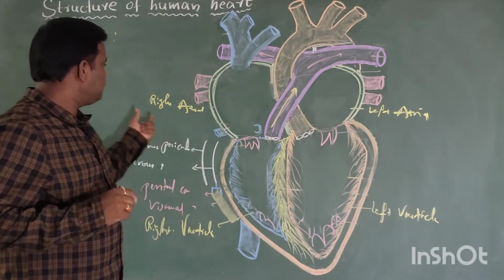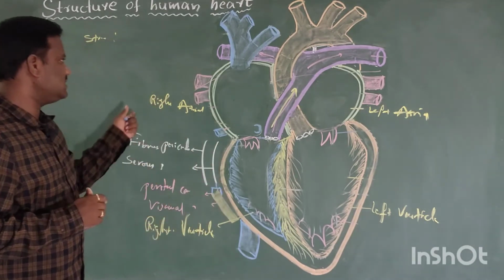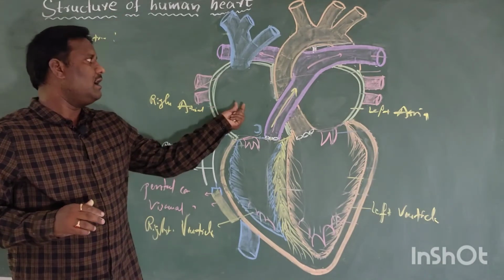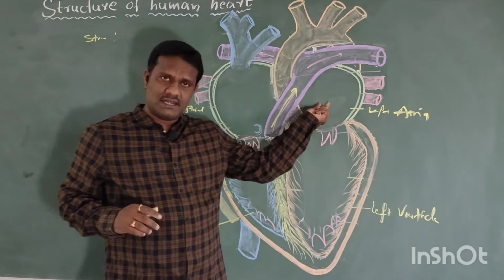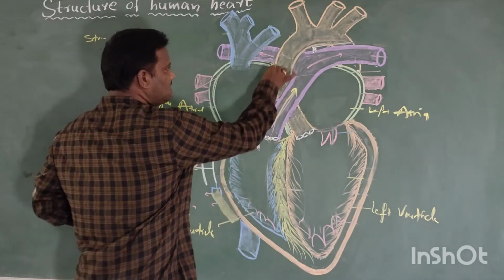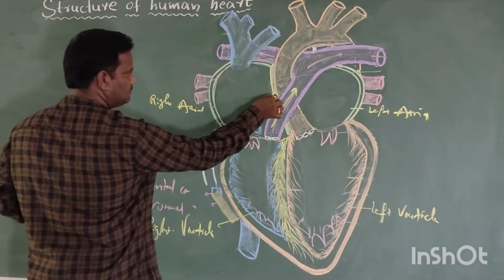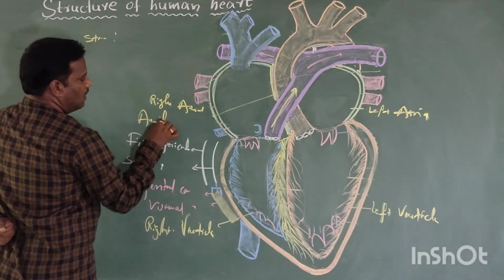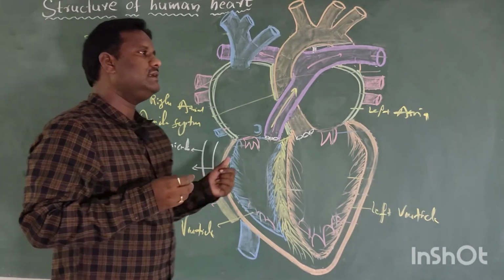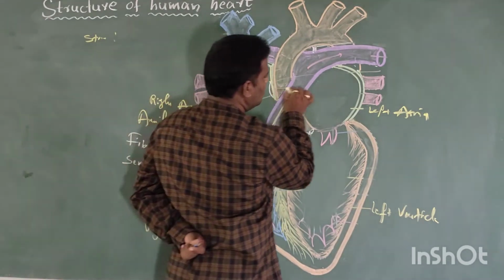First of all, we continue with the atrium. Where is the atrium located? Above the heart, and the heart is divided into mainly 2 chambers. In these 2 chambers, the 2 atria are separated with the help of the atrial septum, called the interatrial septum. In this septum, during embryonic development, one hole is present.